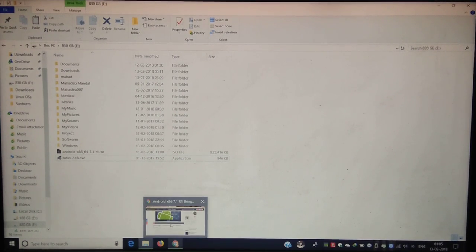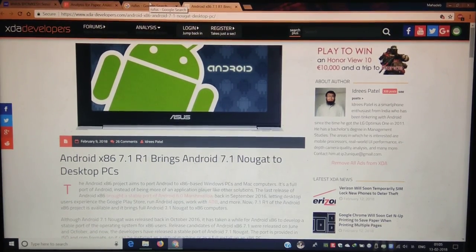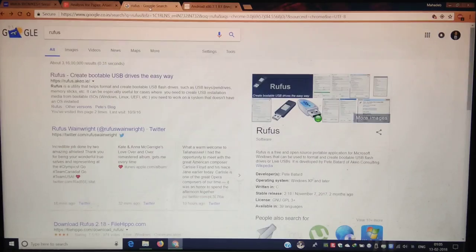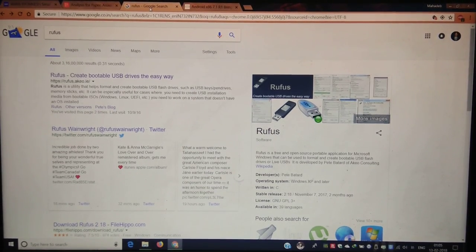And guys, before that, I am going to tell you that I have used this software on my PC for about 2 days, and it was working fine. Though I was not able to install WhatsApp on this particular software, other software was working perfectly. I even played Asphalt 8 just fine. So let's see how to do this.